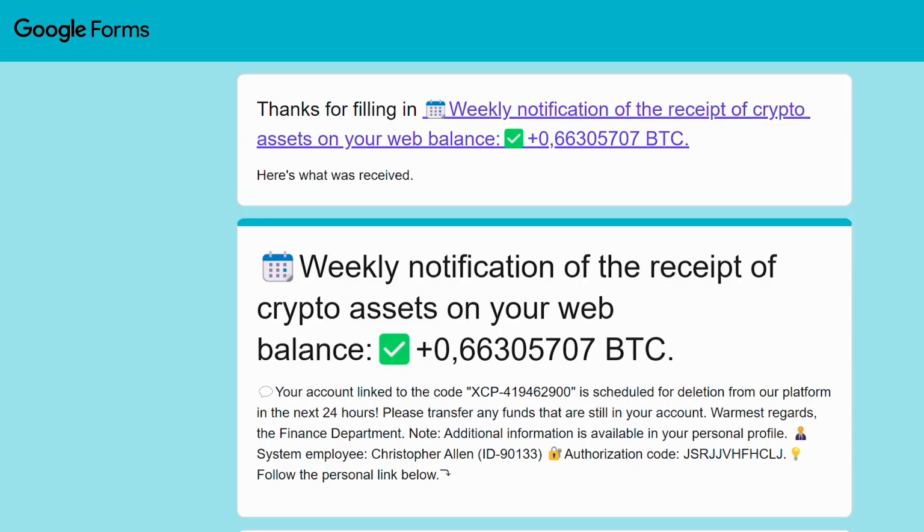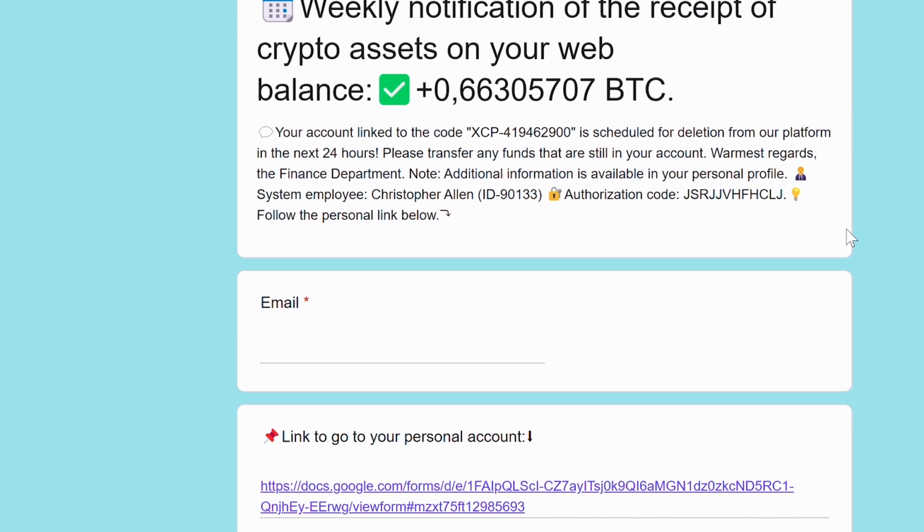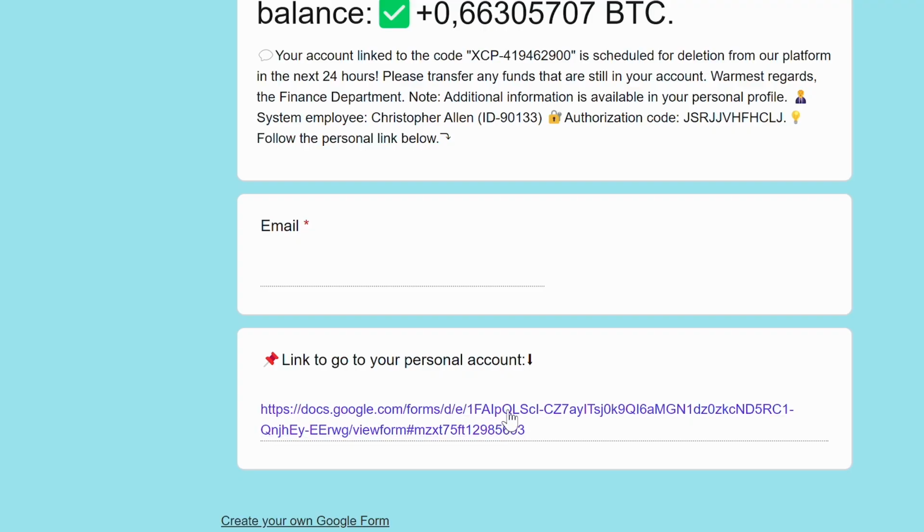Now, if you dig into this, the context really doesn't make any sense. They're talking about people that I have no idea who they are, and the language just doesn't make that much sense. But free Bitcoin. I mean, what am I gonna say no for? So as I scroll to the bottom of this email, I get the link that I'm gonna have to click on. And the cool thing here is that it's another Google service. It's a Google Doc. So I go ahead and click on it, and this leads us to the next phase